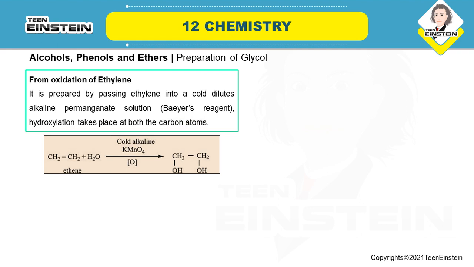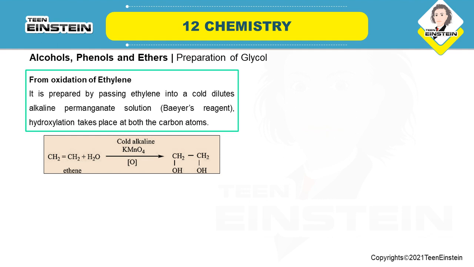Then another method for preparation of glycol, you can also use ethylene, and you can use a special oxidizing agent, which is KMnO4, because in the previous case also you have used an oxidizing agent, but that is O2 in presence of Ag2O. But if you use cold alkaline KMnO4, then what happens? Here we are getting diol directly, and this reagent is also known as Bayer's reagent,